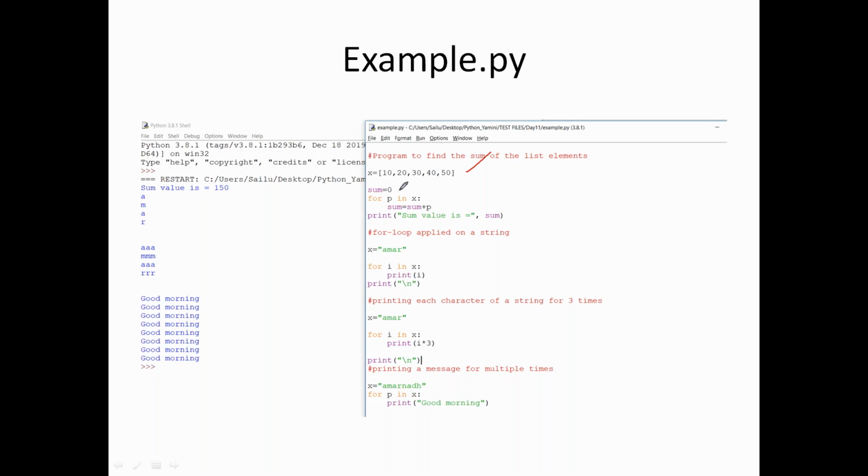The detailed session on lists will happen tomorrow, not today's session. Today we are just trying to close the control statements, so I'm taking a couple of examples. Please bear with me about the list. As per the concept of a list, we cannot combine all elements in one shot. Let me show you the reason also.